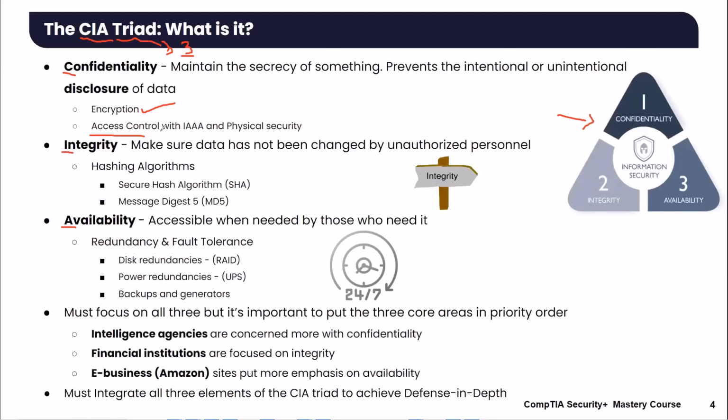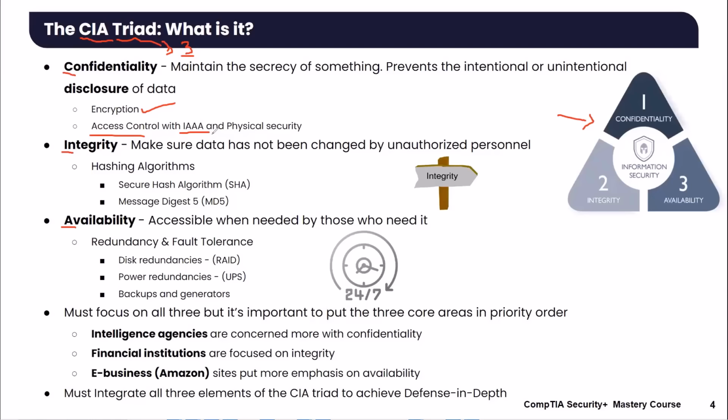Making sure that we're only giving people the access they need, right? Not accessing things that they should not be accessing in the first place. We do that through things like IAAA, something that we're going to talk about in more depth. Things like identification, authentication, authorization, and accounting. All of these things when we're going in and